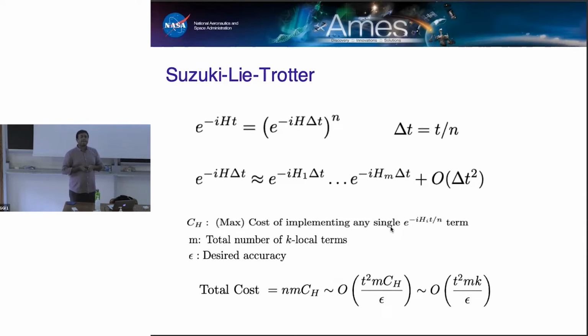Yes? Do you just have to observe the Hamiltonian and figure out how you compose it, or is there some prescription for how you can generate those values? So is the question, is there a general prescription for how to break down the Hamiltonian into particular Pauli operators? So, okay, that kind of goes back to the original question of how do we actually encode the Hamiltonian into Pauli operators? And there's a wide variety of choices. There's no one particular good choice.